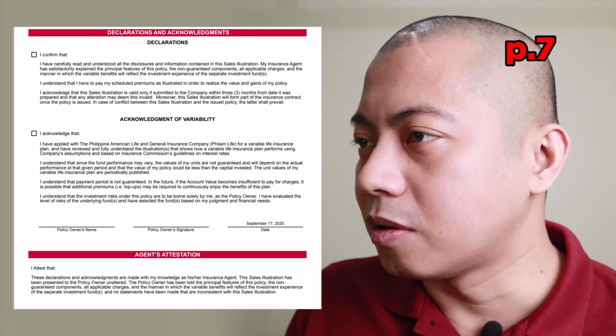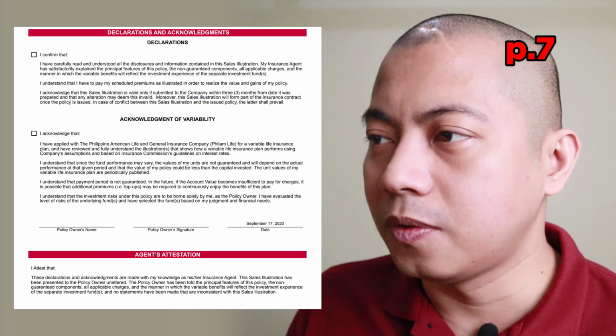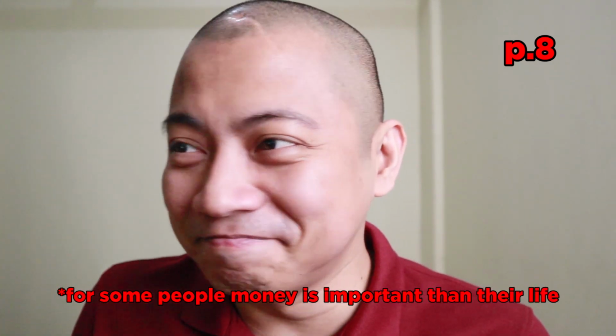Page 7. Declarations, acknowledgement of variability. It's like a standard, I think. You can read it if you want. The illustration and the proposal will win. Page 8 is where we have the coverage. So Vol is focused on investment and not your life. And the way they fashioned it here, life comes at the end. Let's talk money first, your life next. Actually, it's on the very last page. The way they phrase it is like,